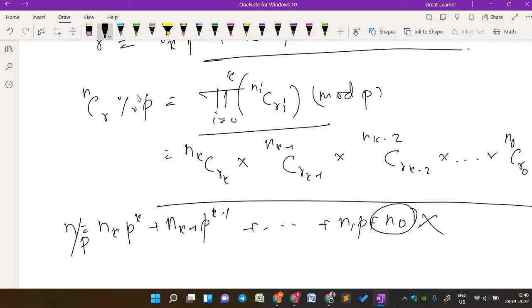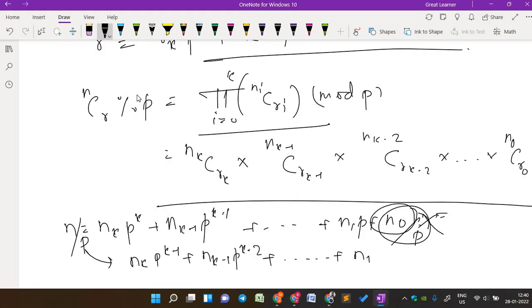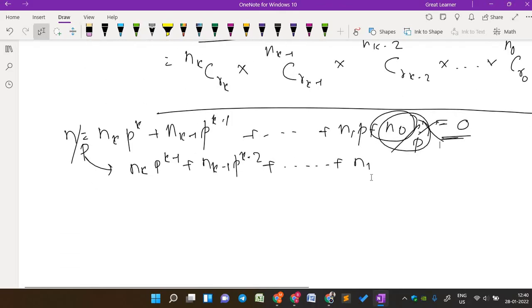And you will get n_k p^(k-1) + n_(k-1) p^(k-2) + ... up to n_1, because this one is obviously less than p, right? So n_0 divided by p equals 0, integer division. Okay, so you will get